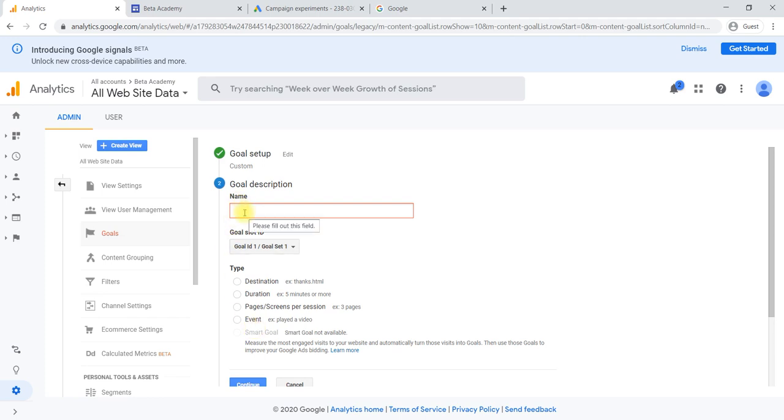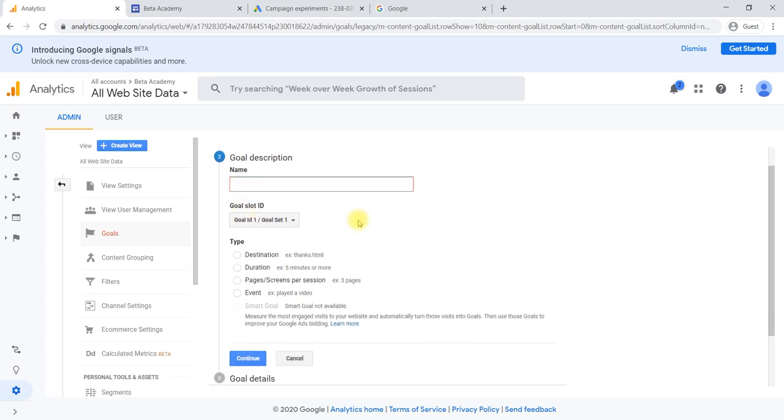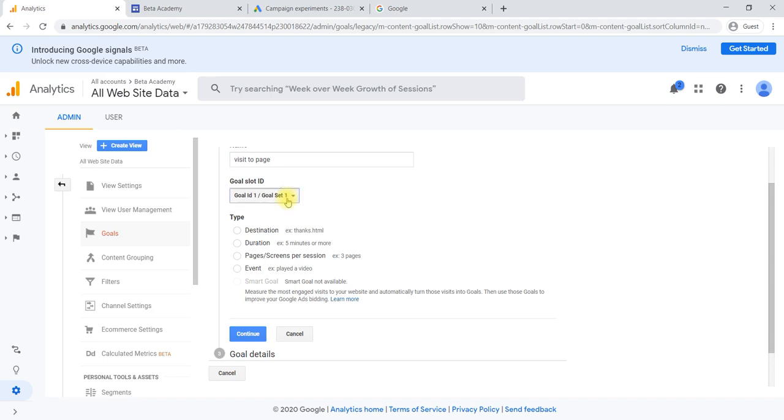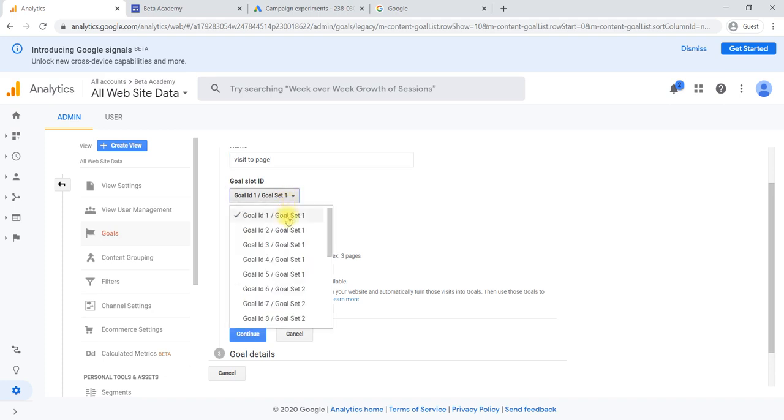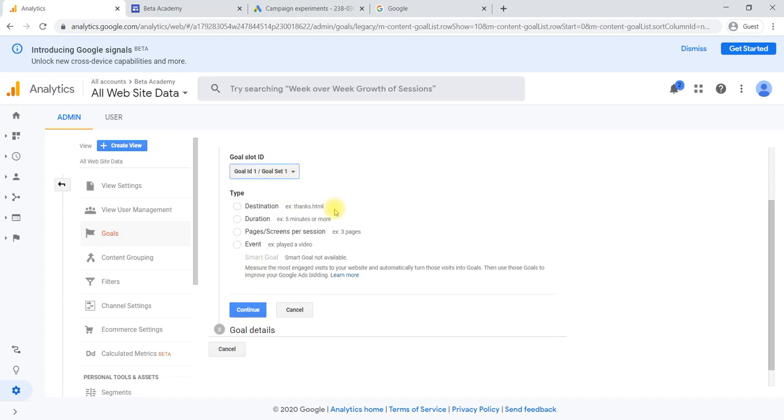Now they will ask for the goal description, like the name of the goal. We'll say visit to page. Then they will ask for the goal slot. Goal ID 1, set 1, that is the first goal.